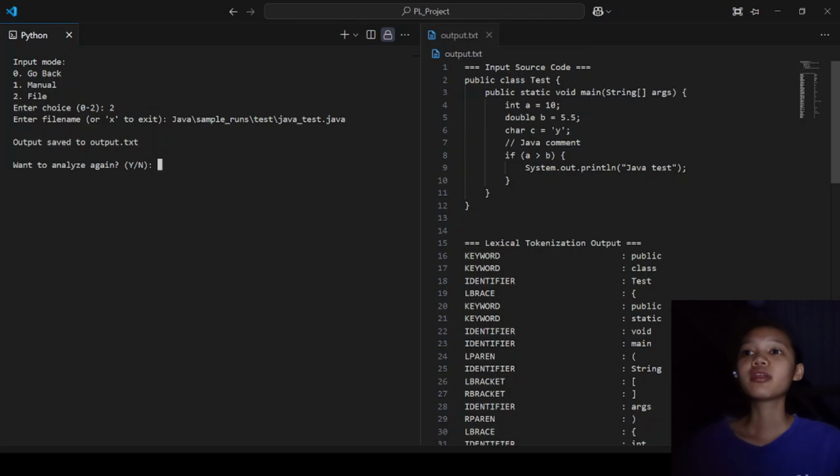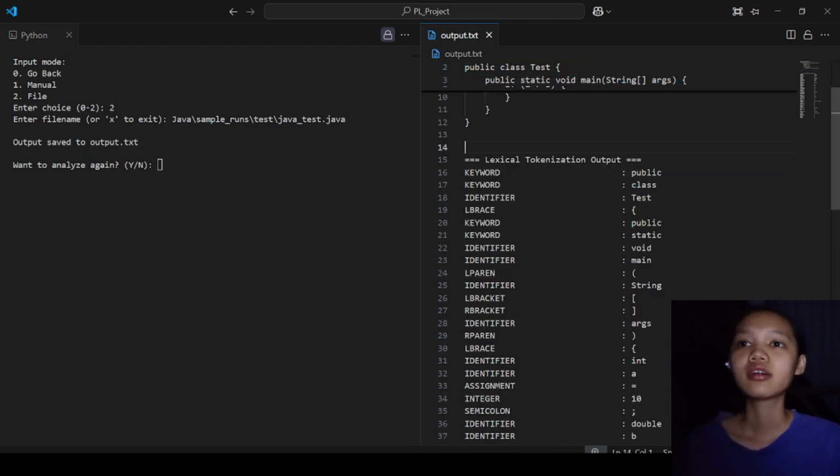And then, similar to the manual input, an output.txt file will be generated.